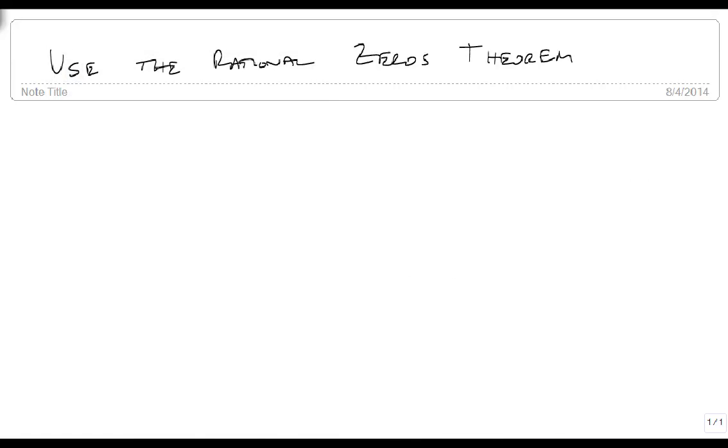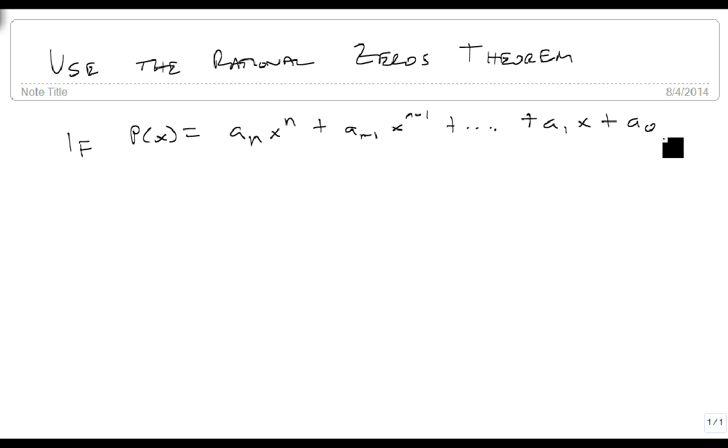We're now going to use the rational zeros theorem. So first things first, let's officially define the rational zeros theorem. The rational zeros theorem says if p of x is equal to a_n x^n plus a_(n-1) x^(n-1) plus ... plus a_1 x plus a_0 is a polynomial function with integer coefficients,